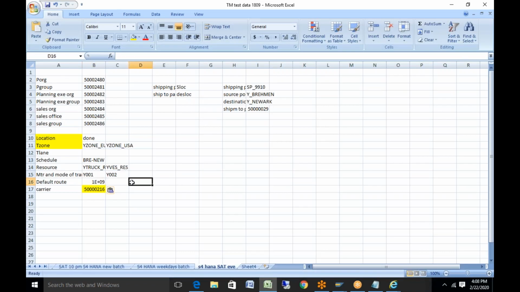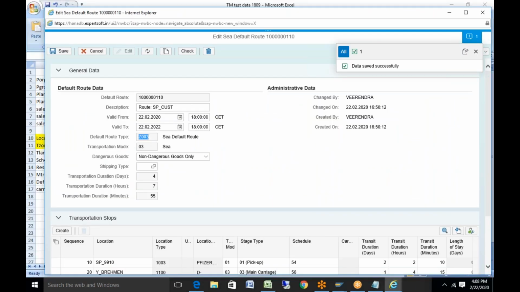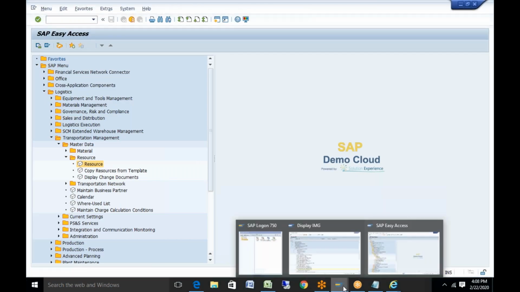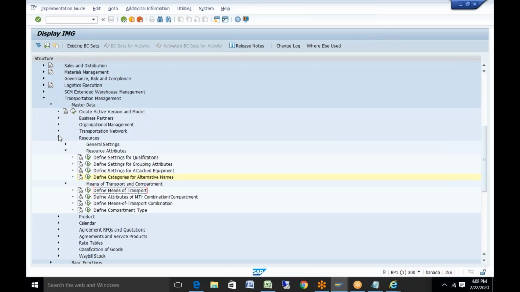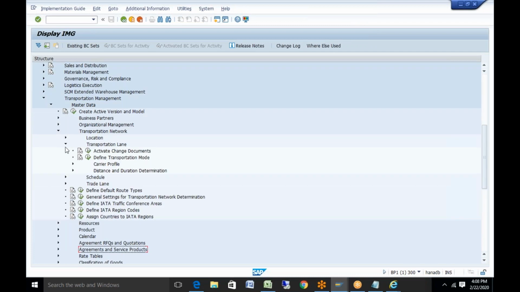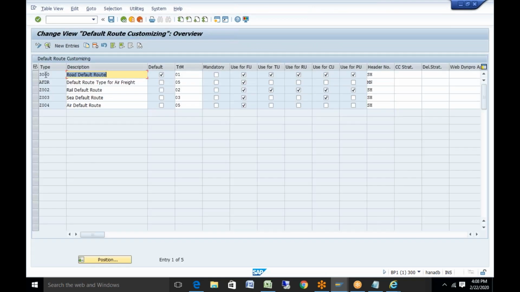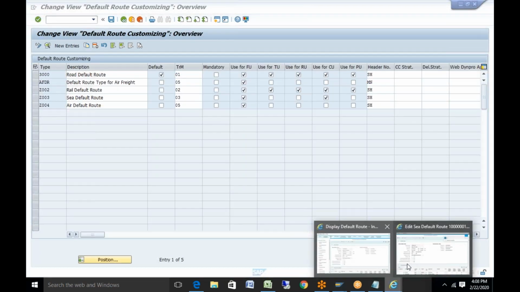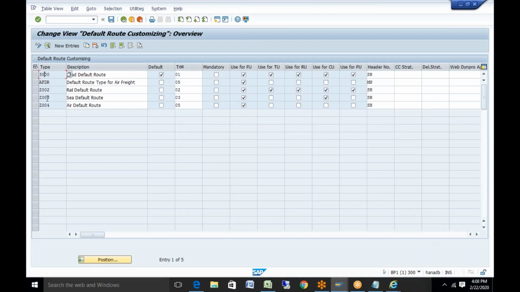Now the only thing is where we see the configuration, because if you see the default route, it has Z003. So you go back here to the transportation network and go into the default route. Suppose I take this one, Z003.